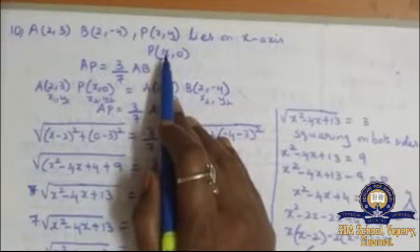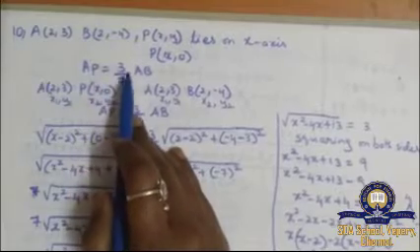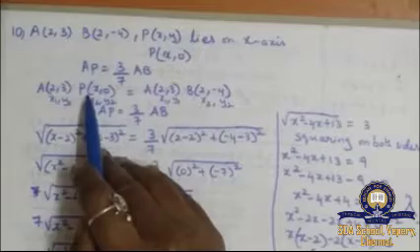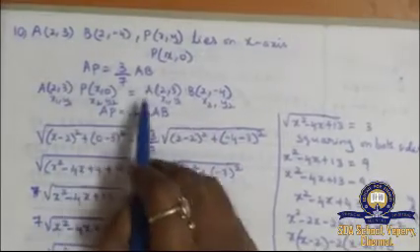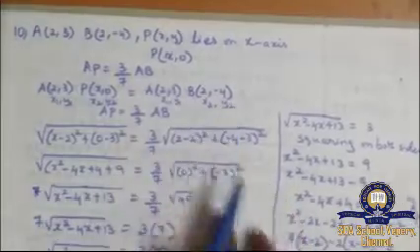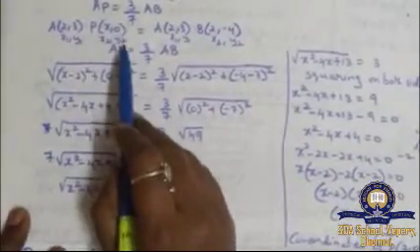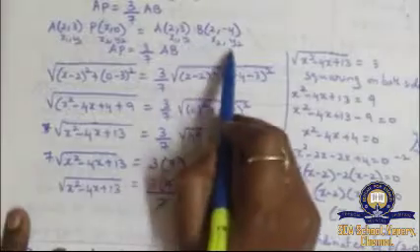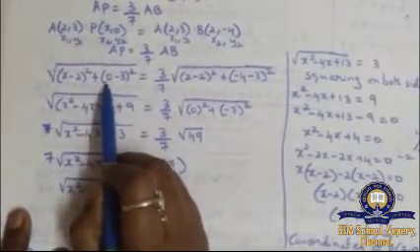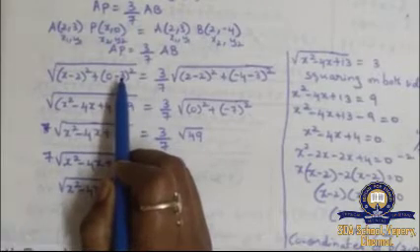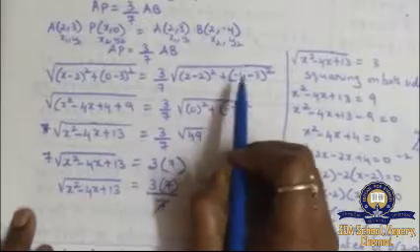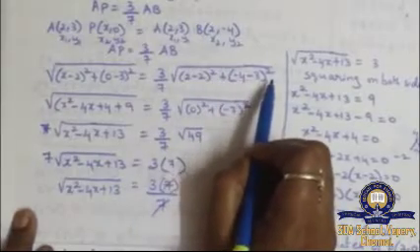We are going to find this x value with the help of AP is equal to 3 by 7 AB. So A is 2, 3, P is x, 0. Again A is 2, 3, B is 2, minus 4. So in the same way x1 y1 x2 y2. Here also x1 y1 x2 y2. Same formula: x minus 2 the whole square plus 0 minus 3 the whole square. If you substitute with the formula, 3 by 7, 2 minus 2 the whole square will come, minus 4 minus 3 the whole square will come.